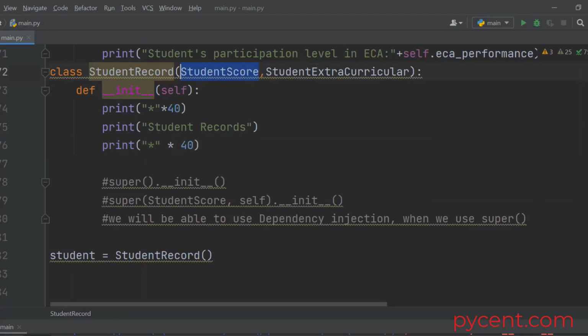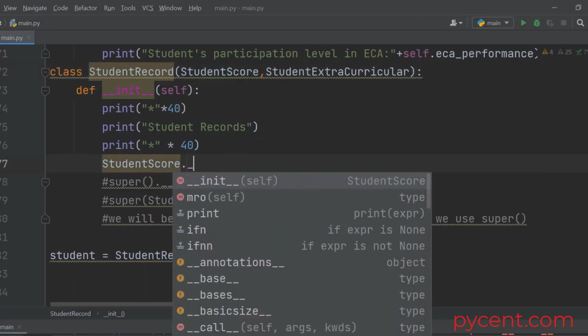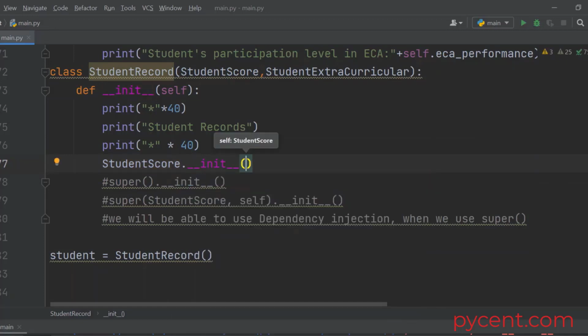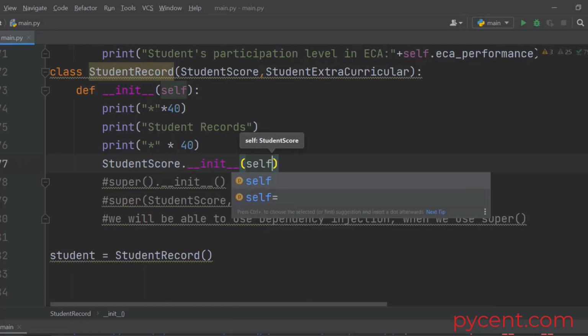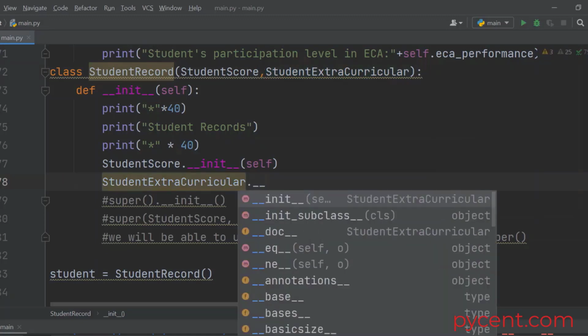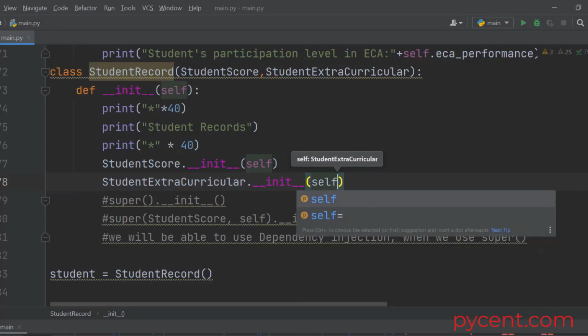So what we need to do for that is to copy the first class and then follow it up with a period and then call the init method or the init function. So make sure to place the self keyword, otherwise you would have issues. Now following it up with the second class, I want to invoke the init method associated with the second class,